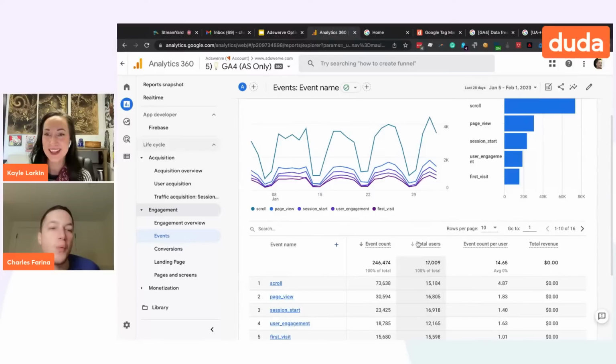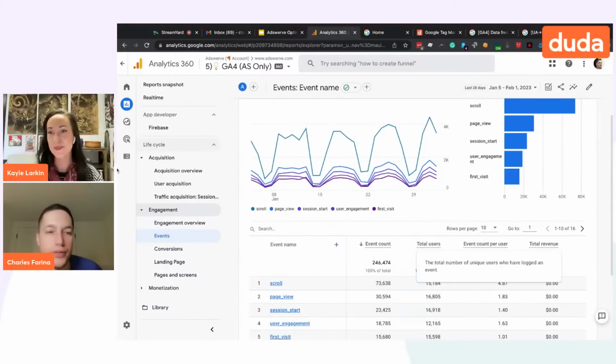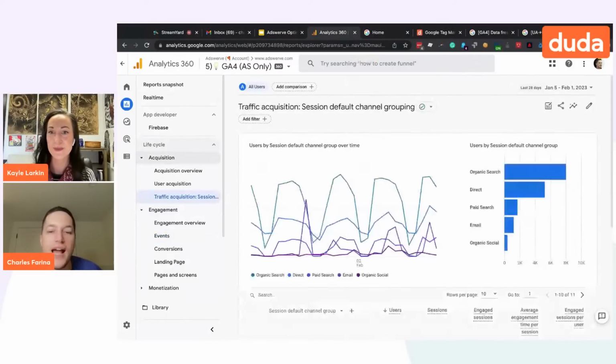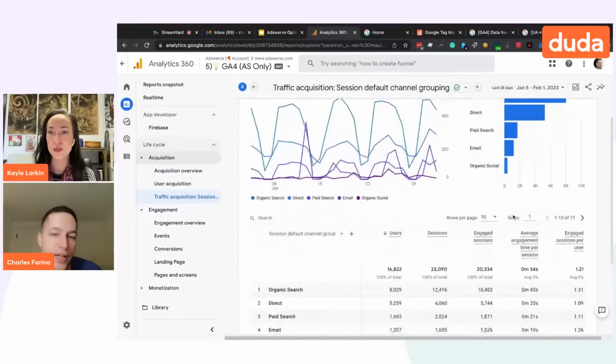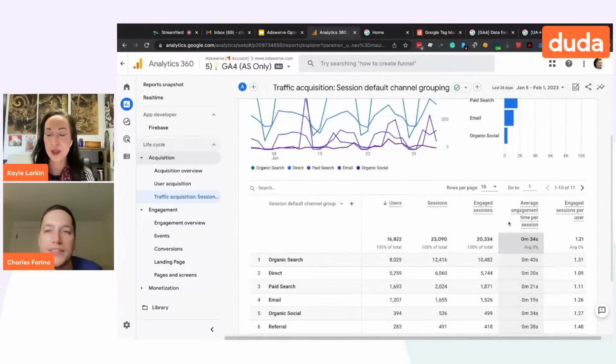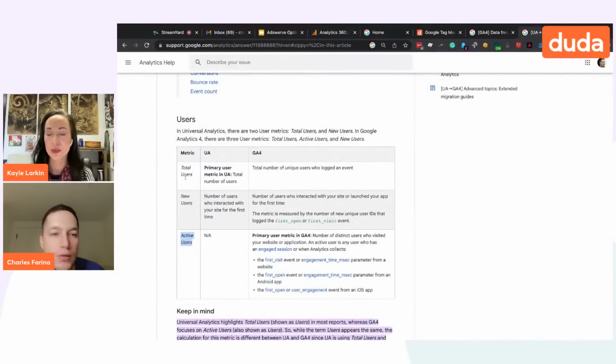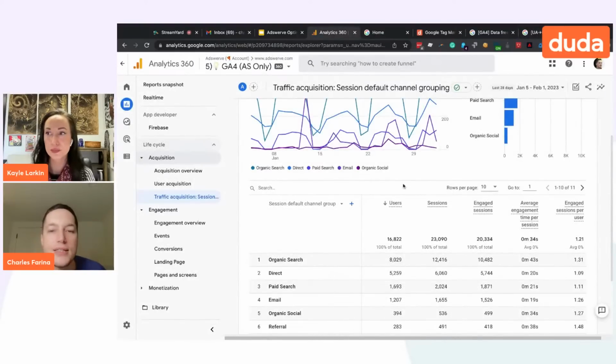Okay, perfect. So what I was showing is that in the events report, we have total users, so it's pretty obvious that this is the total users metric. But if I go to the acquisition report, now I have a metric called users. And you have to ask yourself, is this total users or is this active users? This is where I'm saying I think Google needs to do a better job to make this easier, because the only way you would know what this is is if you read the tooltip. And this is actually active users.